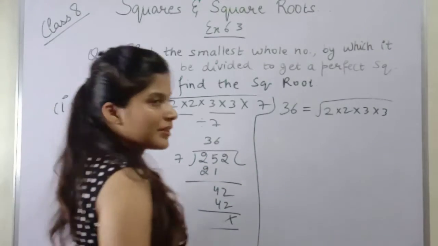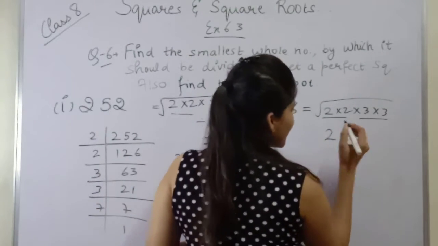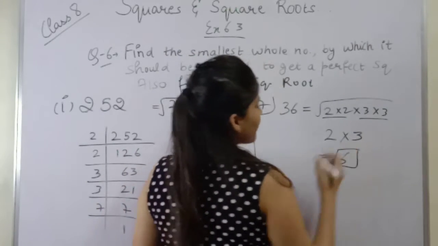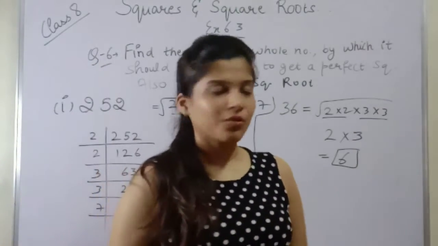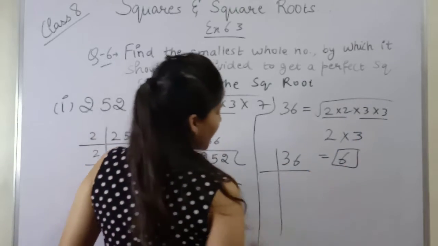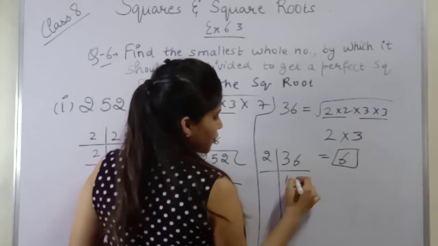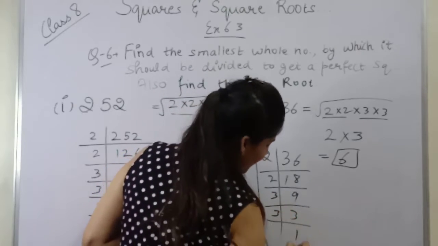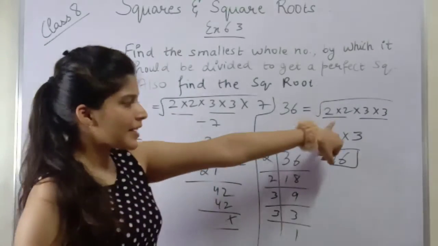number, from these numbers. Now make pairs and one 2 and one 3 will come out from each pair. Now 2 into 3 is 6. That means the square root of 36 is 6. Okay. Also let's check 36 के factors यही होते हैं या कुछ और होते हैं. 36 is a multiple of 2 first. 2 1s are 2, 2 8s are 16, 2 9s are 18, 3 3s are 9 and 3 1s are 3. Which means that yes, 2 into 2 into 3 into 3 यही factors होते हैं.